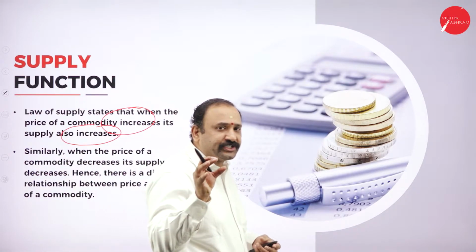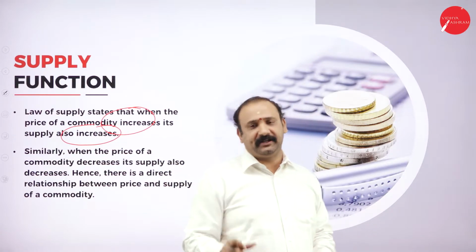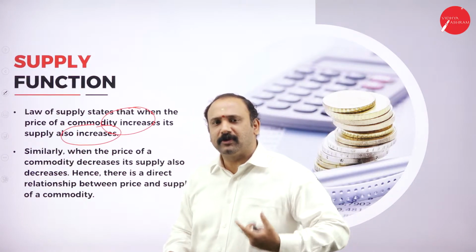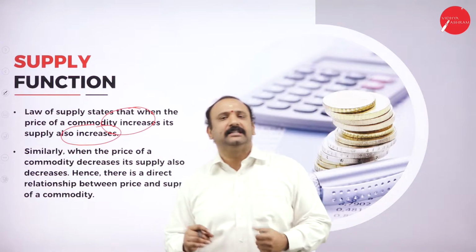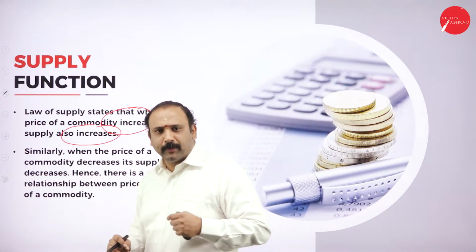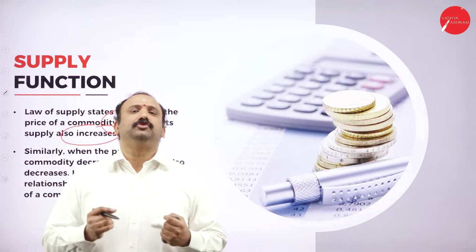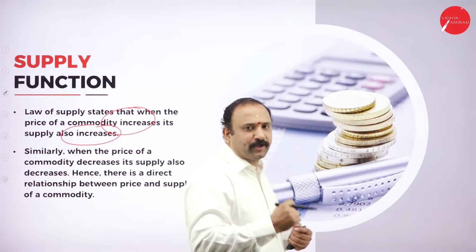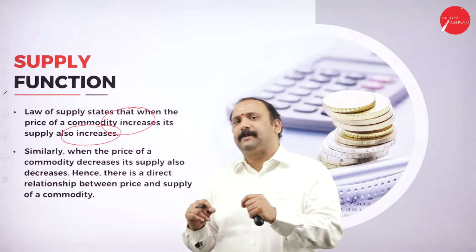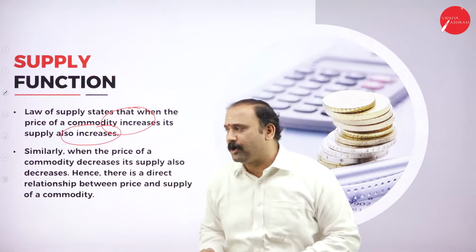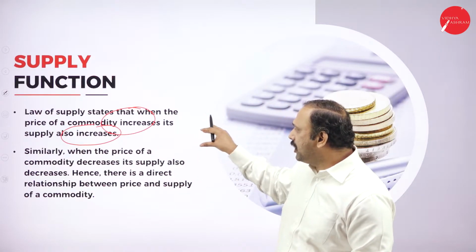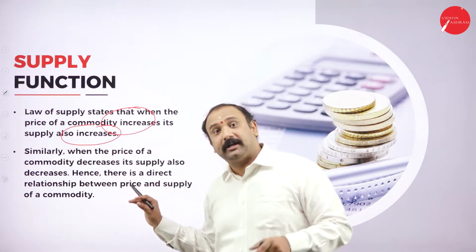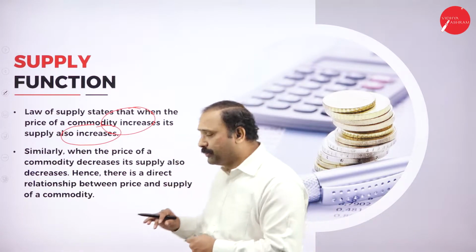So, the moment you see that a product is in demand, the supply is needed, automatically the supply will tend to increase because that's where the revenue cycle begins altogether. Market always pushes the product what the consumer wants, and the supply chain, the manufacturing units also will look for this clue and try to push that supply to the maximum level possible. So that's why I say that the law of supply always says that the price of commodity increases. So that's where the price will increase when the supply also increases.